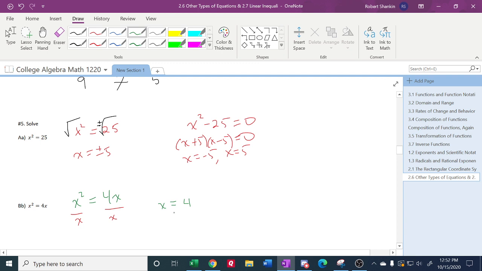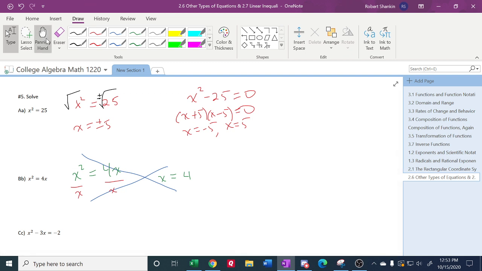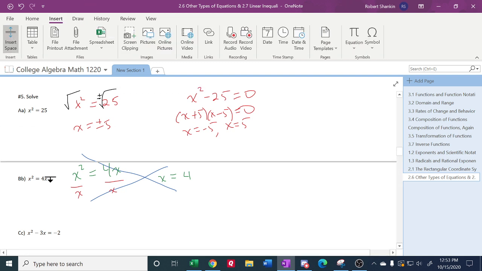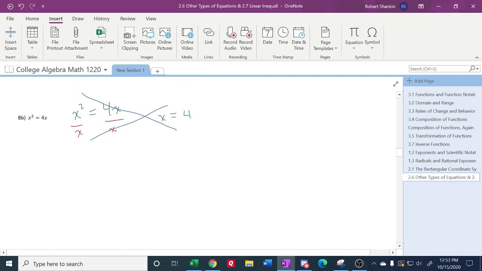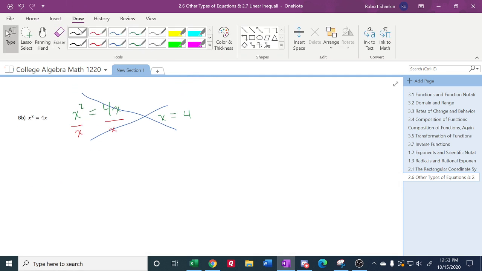You lost a solution. So we don't divide by a variable. When you divide both sides by a variable, you will lose a solution. It's fine to divide both sides by a number, like 2 or 3 or something like this. But by a letter, we don't do that. And let me show you. If we did it the proper way,